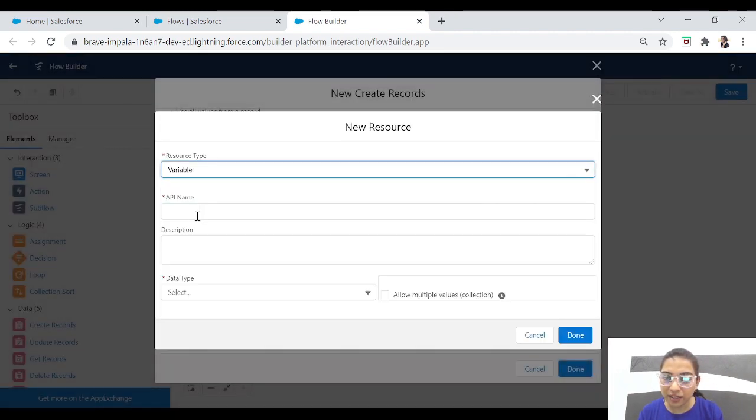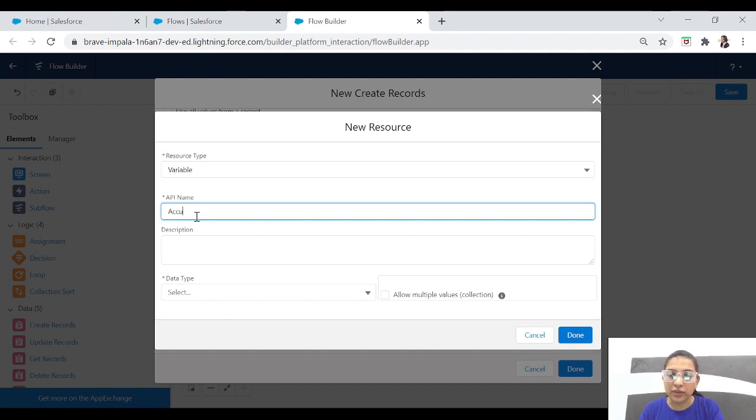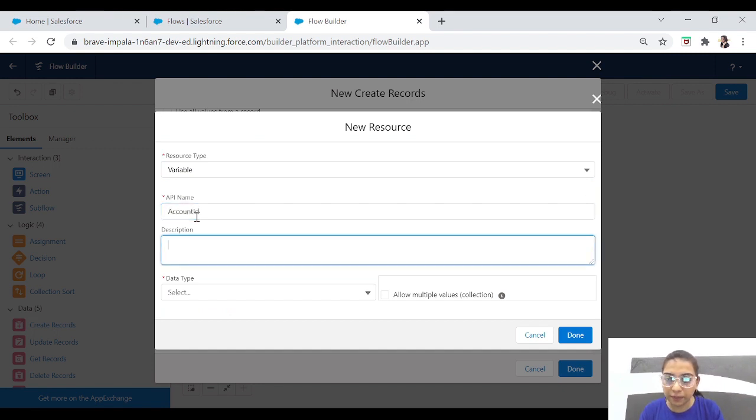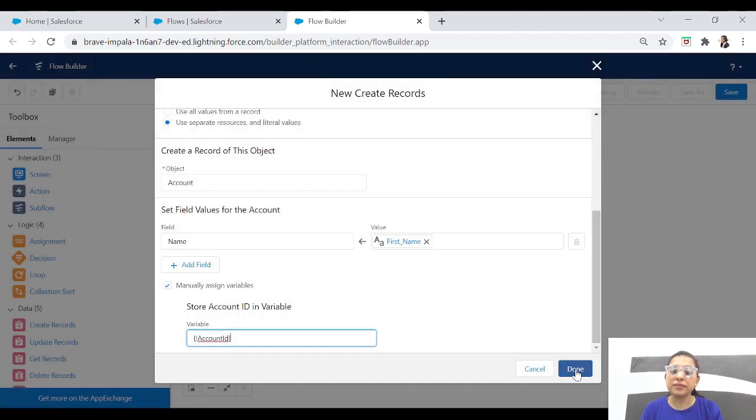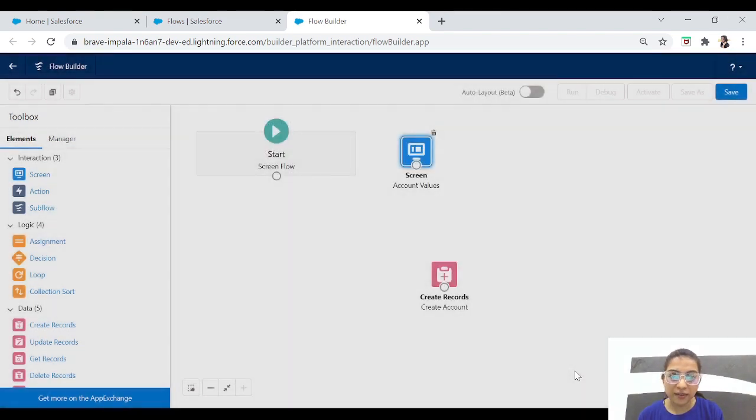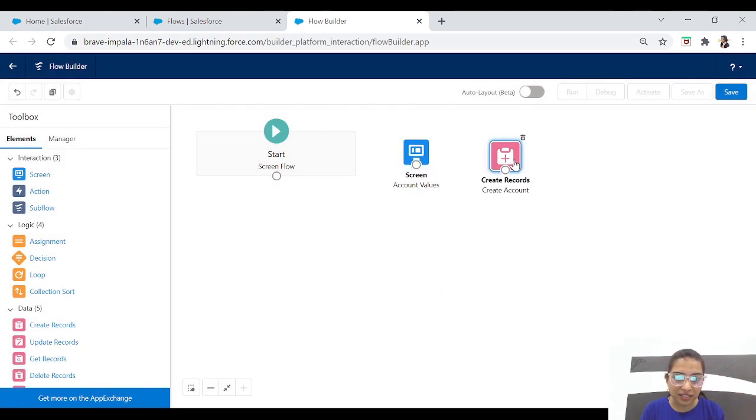Resource type will be variable, account ID should be the name, data type will be text. That's it, done. So now when the flow creates an account, the flow will also save the account ID in this account ID variable that we have just created. Now let's click on done, and this is done.